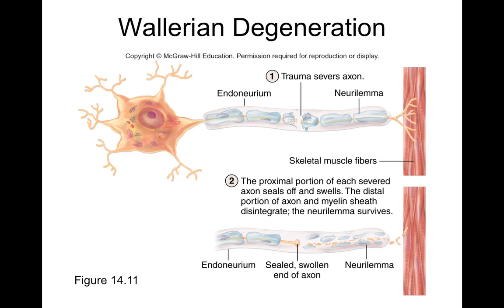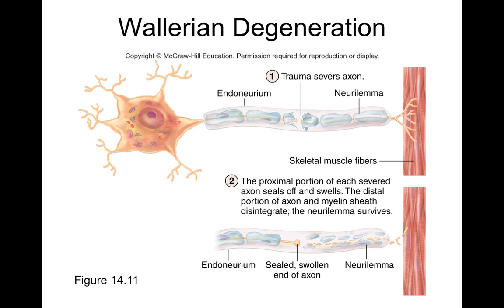The only way this can occur is if this segment of the axon is close enough to where it used to be. If it's too far away, it won't find that site, and therefore it won't regrow back to its muscle. So it has to be close enough to the original site of the damage, and there can't be scar tissue in the way either, because if scar tissue forms here, it can prevent this axon from actually reaching its